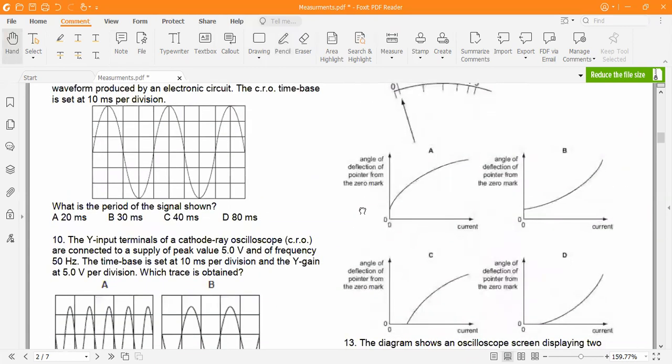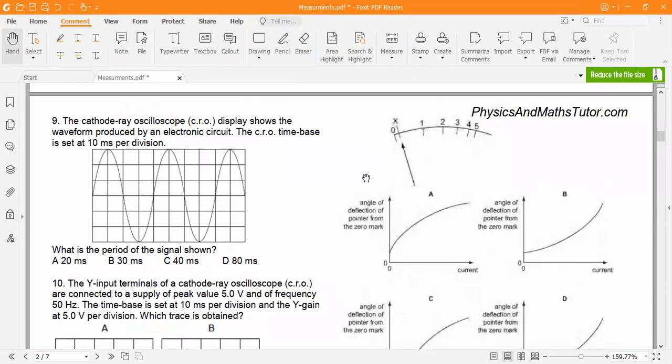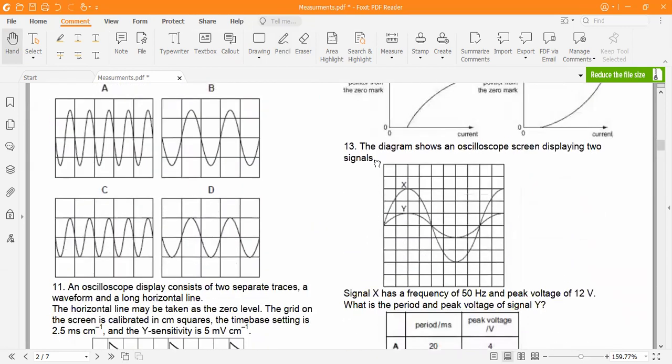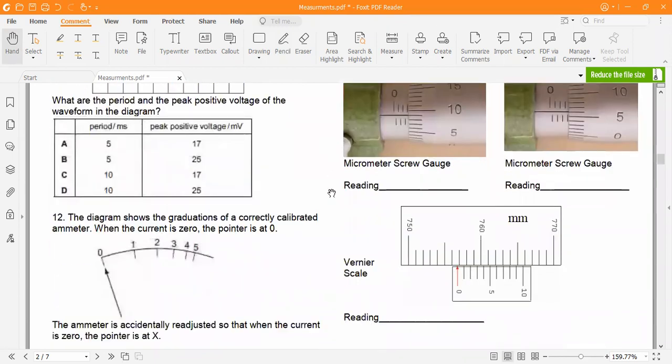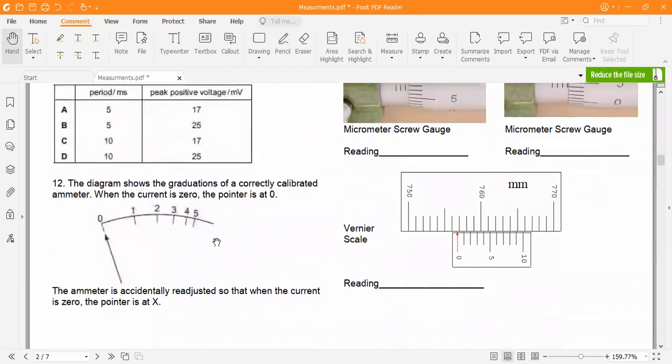So you see, we are not doing any questions on the uncertainties, because they are, I think, at the later portion of this chapter. We will come to those too. So let's do this type of question. Okay, I wanted to do this one. So this is the question I wanted to do.